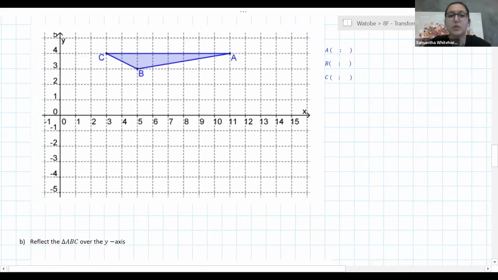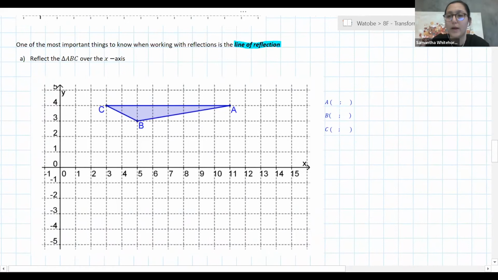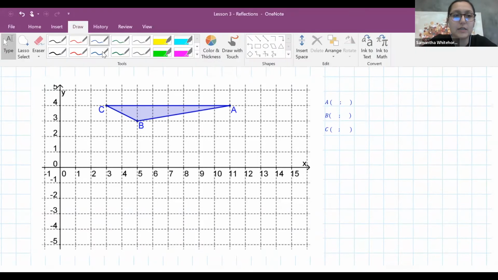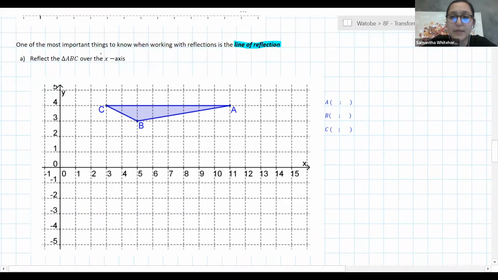So like I say, one of the most important things to know when doing reflections is which line you are reflecting over. Now, generally, we will use the X or the Y axis as our line of reflection. So let's just start with this very first one that tells me to reflect triangle ABC, which is the blue triangle I've given you here,